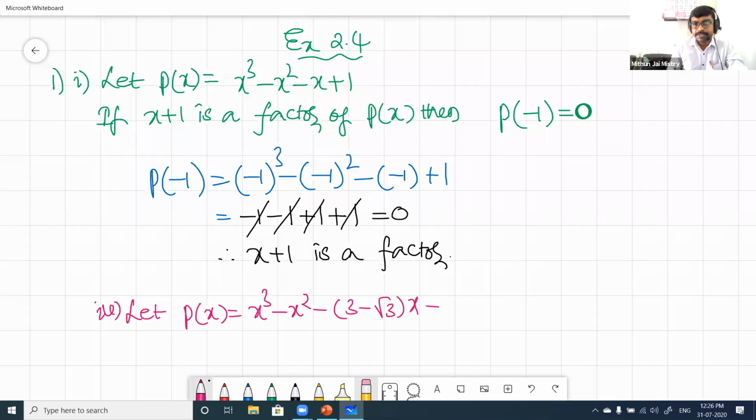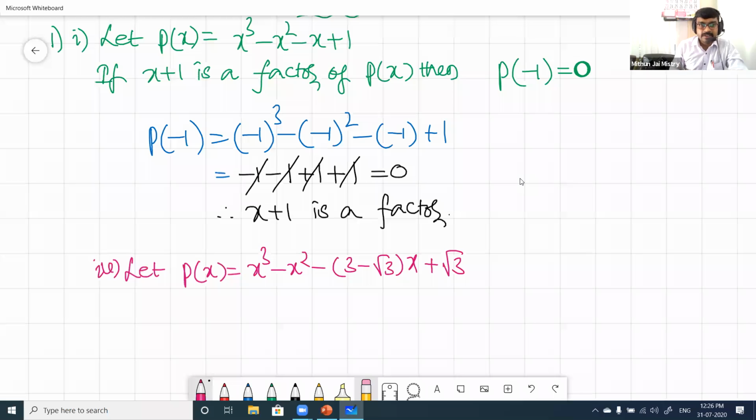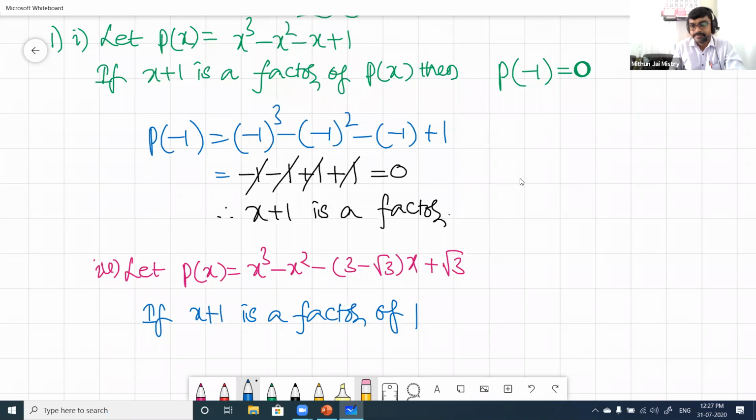So again we have to check whether this is divisible by x plus 1 or not. That is whether x plus 1 is a factor or not. We are checking for that x plus 1 only. If x plus 1 is a factor of p of x, then